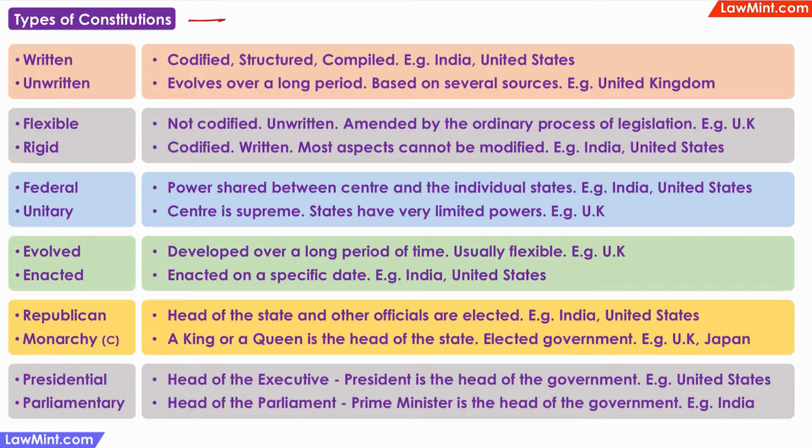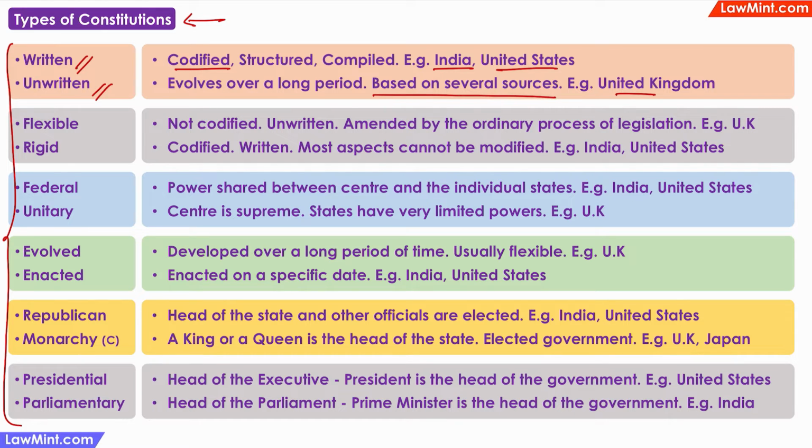If you look at the different types and concepts of Constitution from across the world, they can be classified on the basis of several attributes or qualities. It might be a written Constitution, like what we have in India or in the United States, where there is one document called the Constitution. This is also called a codified Constitution. Or it might be unwritten, like in the United Kingdom, where the Constitution is essentially an aggregate or a collection